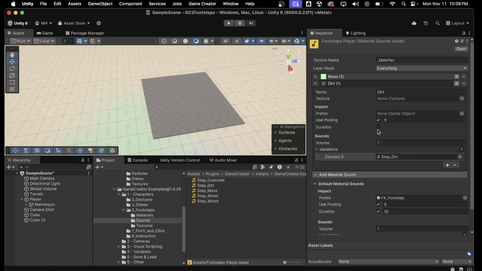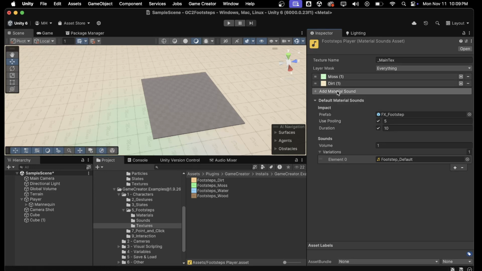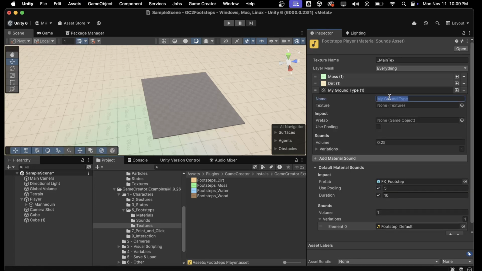We're going to use that prefab. And the texture is footsteps dirt. Okay, now water. We're going to use the footsteps water